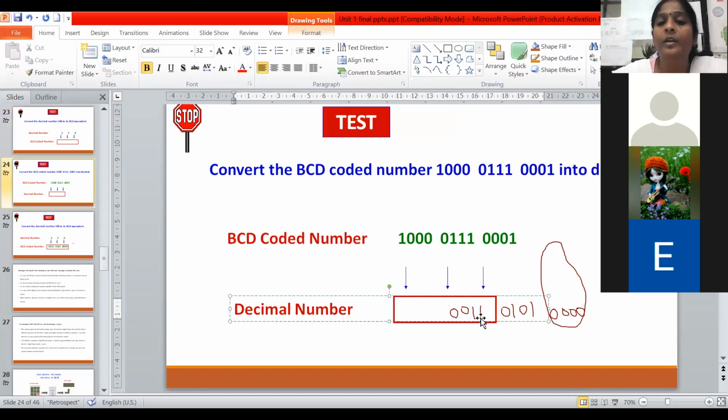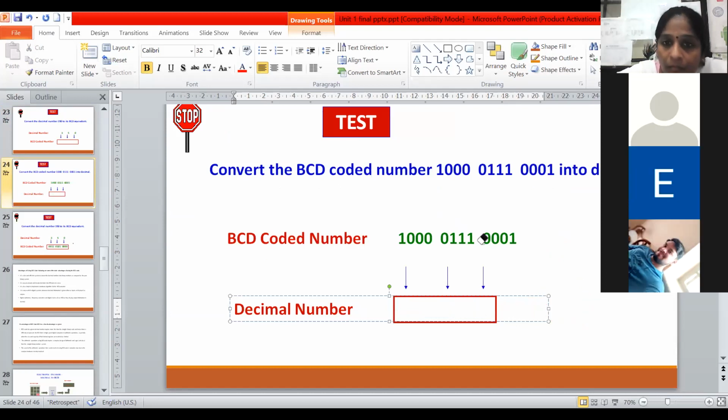You tell me what these numbers are. मला आता opposite मध्ये पाहिजे आहे. तुम्हाला BCD number दिला त्याचा decimal number पाहिजे आहे मला. Yes, who will tell? 871. Yes, very correct.